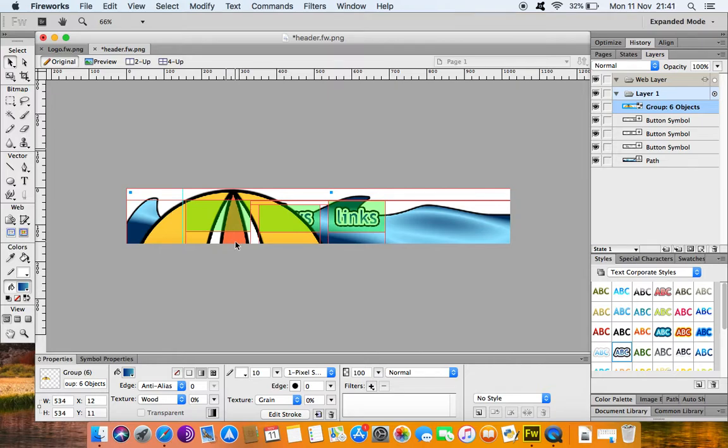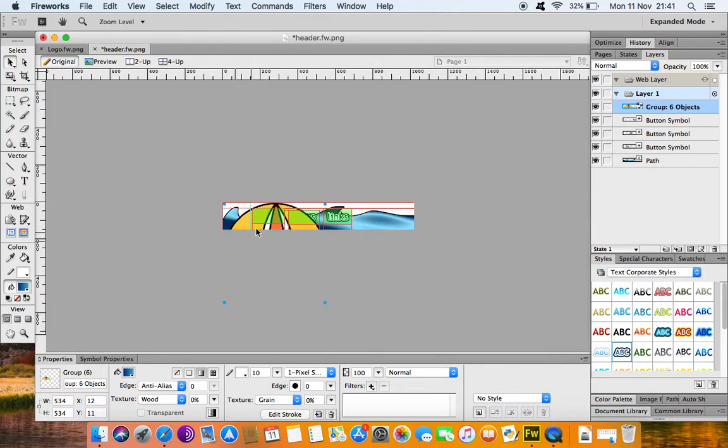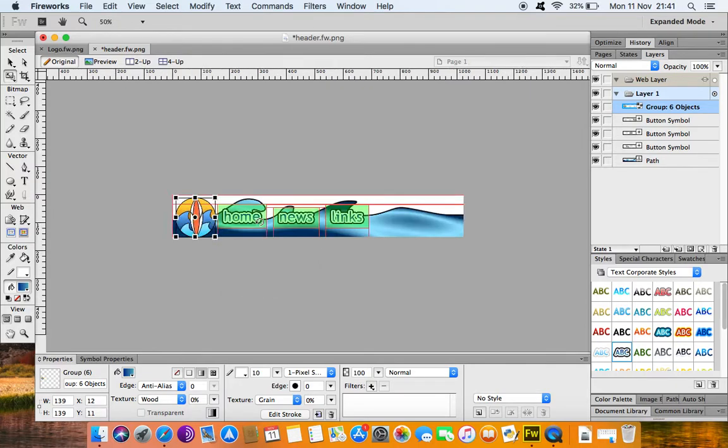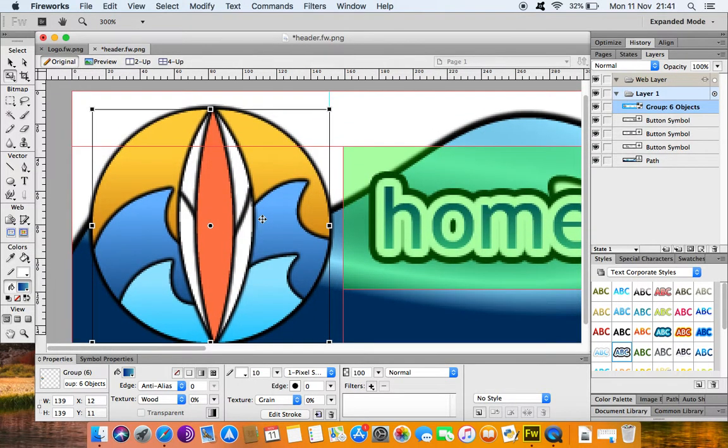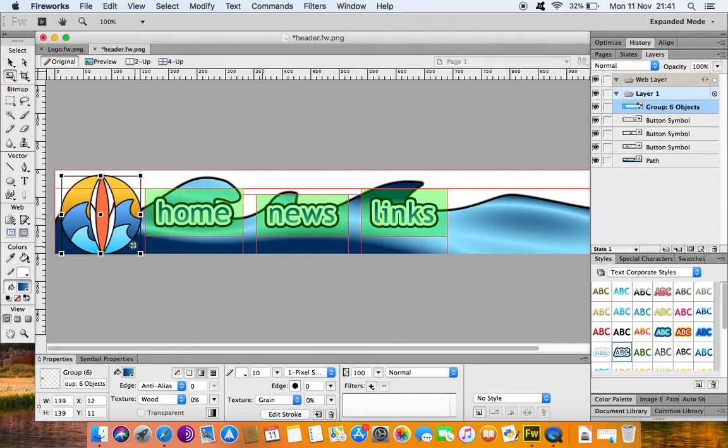So the same thing that we had previously, that we have to fix this. So with it selected, I've got that group selected. I just pick either the scale tool up here, or I do Control and T on the keyboard. And then on the bottom left or bottom right, I just scale it down to the size I need it to be. So if I zoom in, that's probably about right. So pick up the pointer tool, that goes away, and then I just need to make